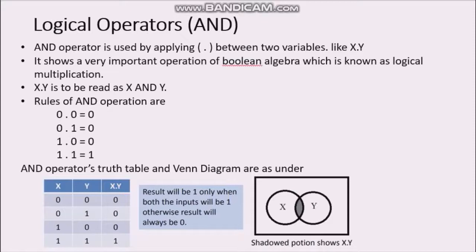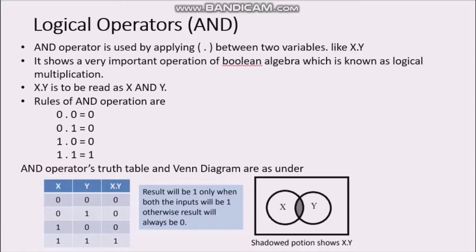So if I have x and y, this is the truth table for x and y. When you make a truth table, you see what the expression is. The expression is x dot y. So what will be the possible values of x? You have read permutation and combination, I hope you have done it in mathematics. It is 2 raised to power n. There are two variables, so the value of n is 2. 2 raised to power 2 is 4. So there will be 4 possible inputs in this situation.